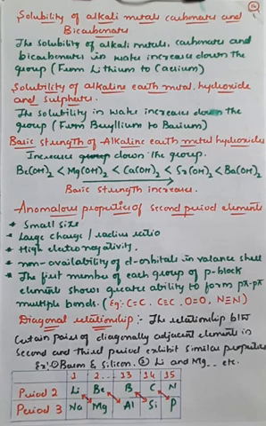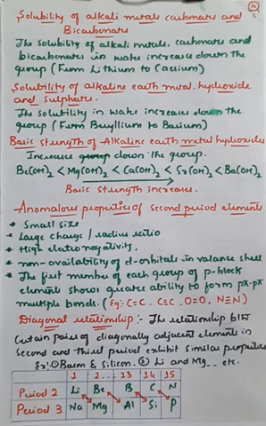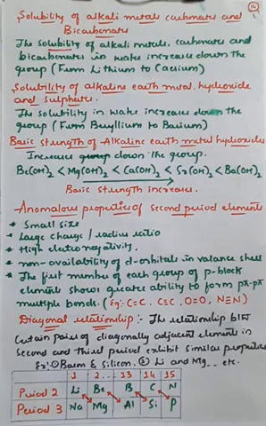And the last part of this chapter is the solubility of alkali metals, carbonates and bicarbonates, right? We already know alkali metals are first group elements, and alkaline earth metals are second group elements. Metal carbonates are those in the form of carbonates, and bicarbonates. So how does the solubility of all these substances vary in the periodic table? Solubility is nothing but the capacity to dissolve in water. So understand the word solubility.